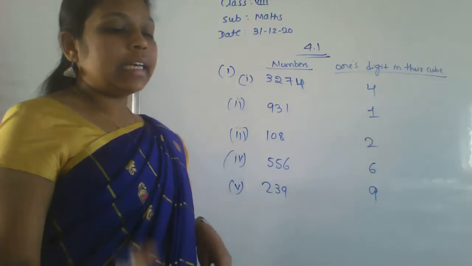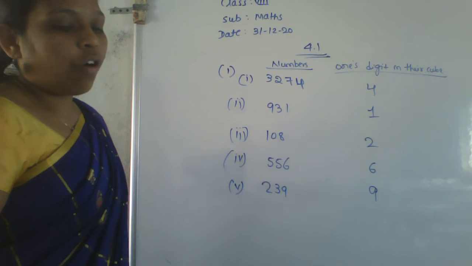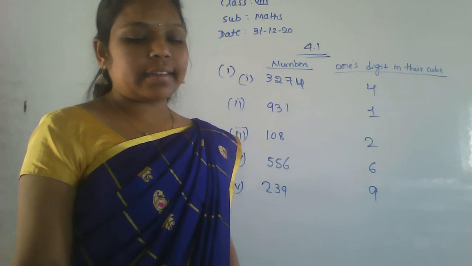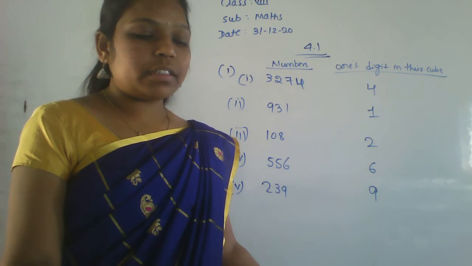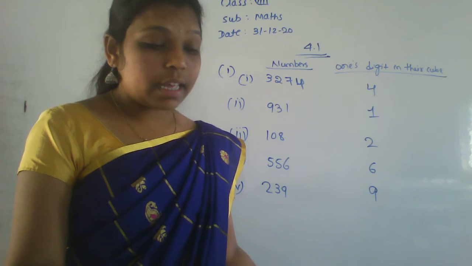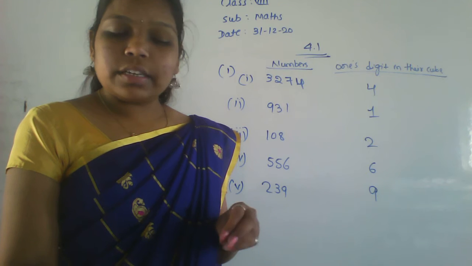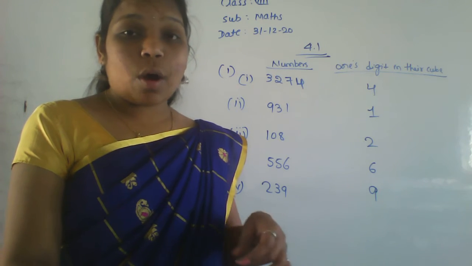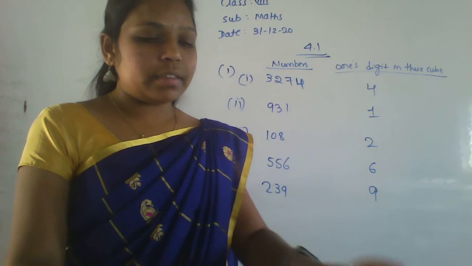Next, go for the second one. That is, each of the following is obviously not a perfect cube. Just by looking at the number, give a reason why it is not a perfect cube. They have given some numbers which are not perfect cubes here. Why are they not perfect? You have to give one reason. The first one is 72900.